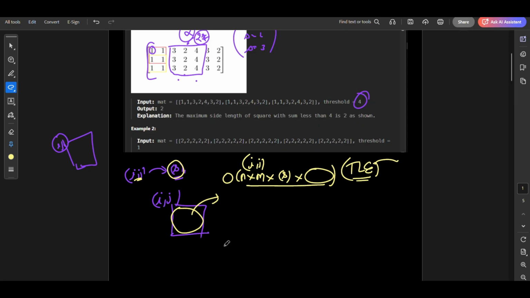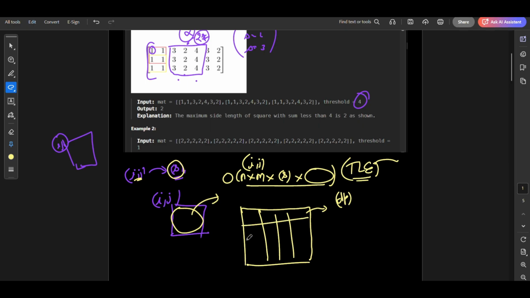Can we pre-compute the sum of every rectangle? Can you think about this? Let me give you one example. Let's say somehow I calculate, let's name this matrix DP, and let's say I have DP of 4 cross 4. Let's say I'm at this point, this is 2 cross 2, and if I'm here at DP 2 cross 2, it means it will take the sum of all elements